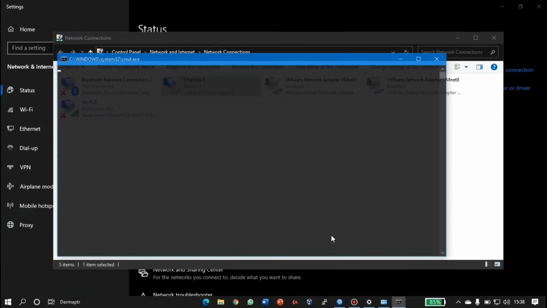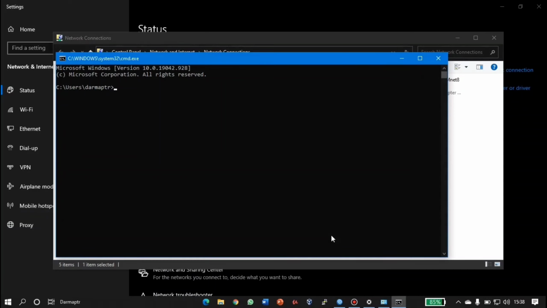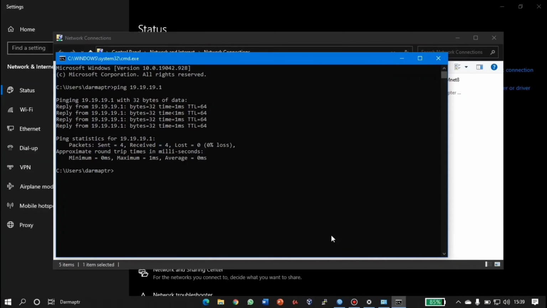Open the command prompt and ping the IP router, ping 19.19.19.1 and enter, and we can see the result is reply, which means client 2 is still connected to the server or router 1.